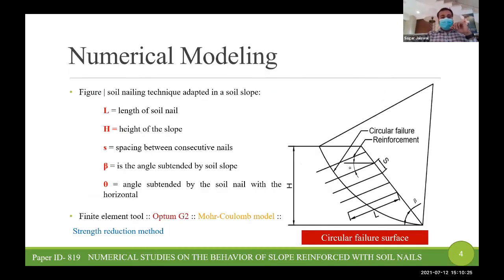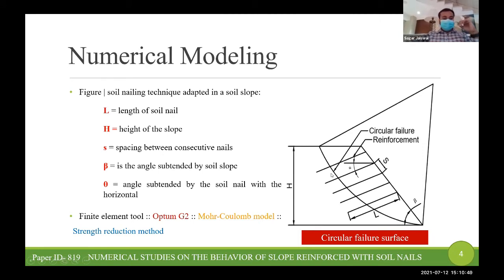Moving to the numerical modeling, I would like to show this is the soil nailing length, and this is the slip circle that formed during the failure. This is the spacing between the soil nails. Here is the beta value, that is the angle of the soil slope from the horizontal, and this is the angle of the soil nail from the horizontal